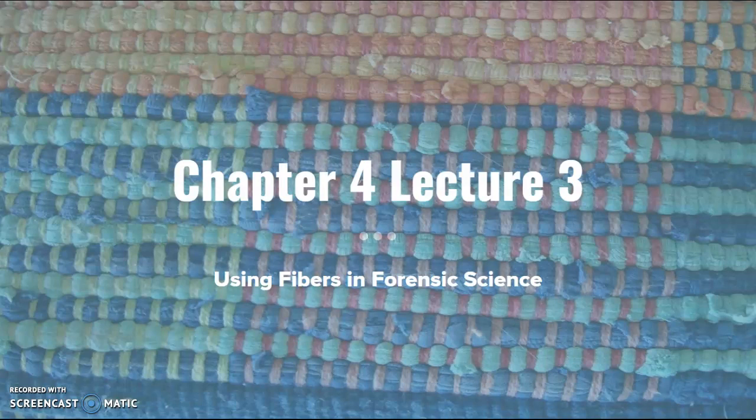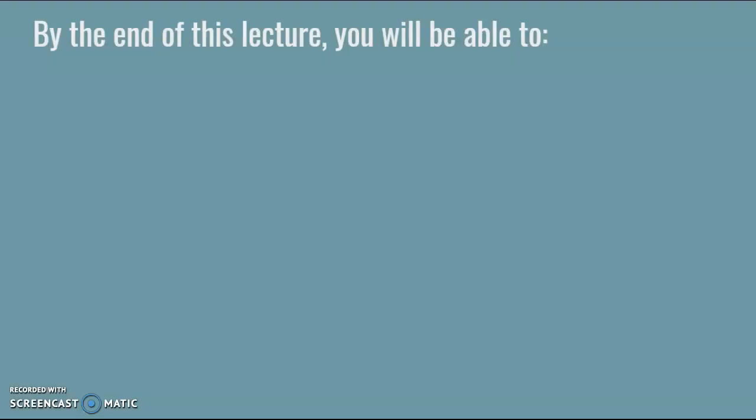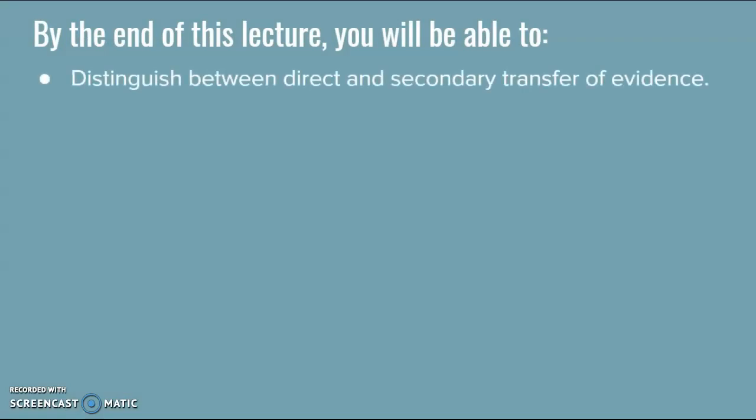Okay, so this is our third and final lecture for Chapter 4 over fibers and textiles. Today we're going to be looking at how we can use fibers in forensic science. By the end of this lecture, you should be able to distinguish between direct and secondary transfer of evidence,